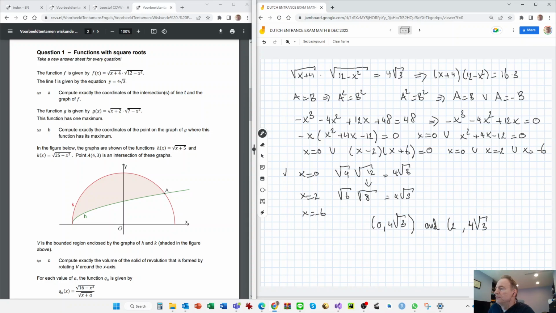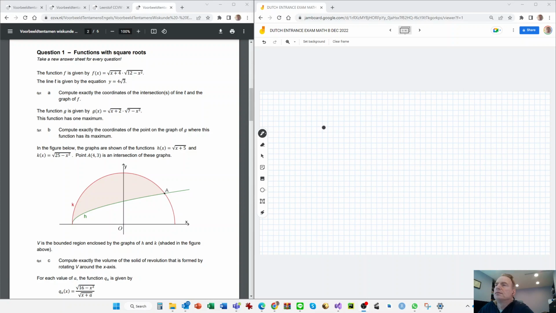Question 1b. There's a function g given here. It has one maximum, and we need to know the exact coordinates of that maximum. So we just calculate g prime of x